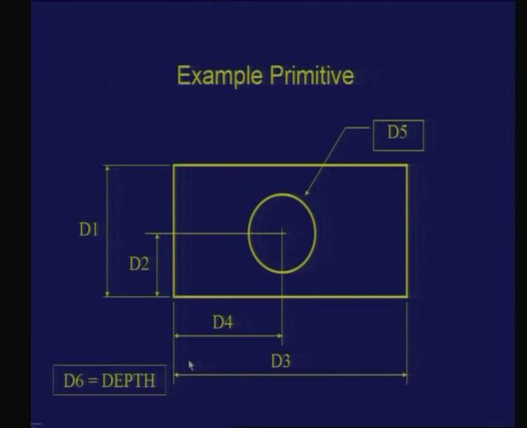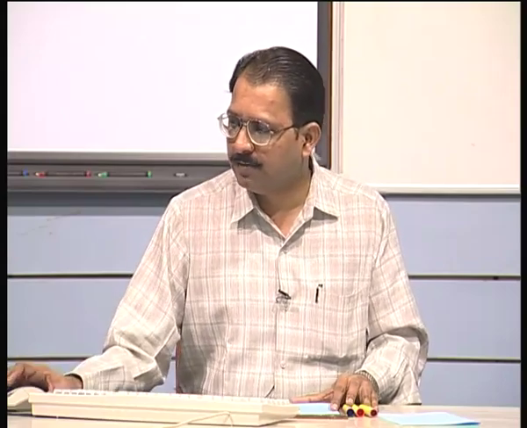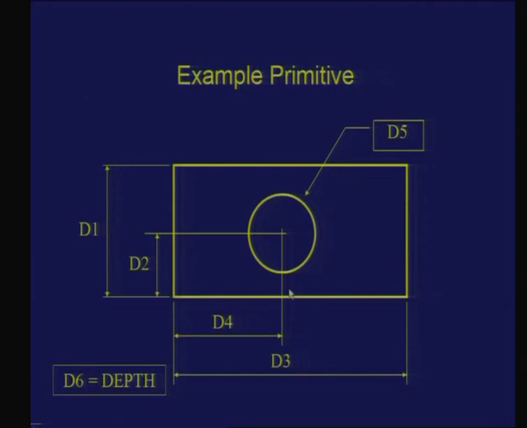Suppose I want to represent a blind hole, I may need another parameter which is the depth of the cylindrical hole. So, since I am calling an object with a through hole a primitive, this cannot be used to represent a blind hole. So you need another primitive to do that, which is stored in the library. If I want an object like this with a through hole, I will pick this instance, that is, this primitive; otherwise I will choose the other one. And by giving these values, I can